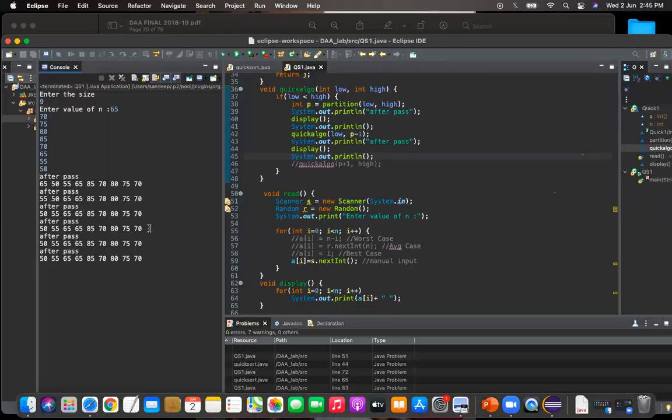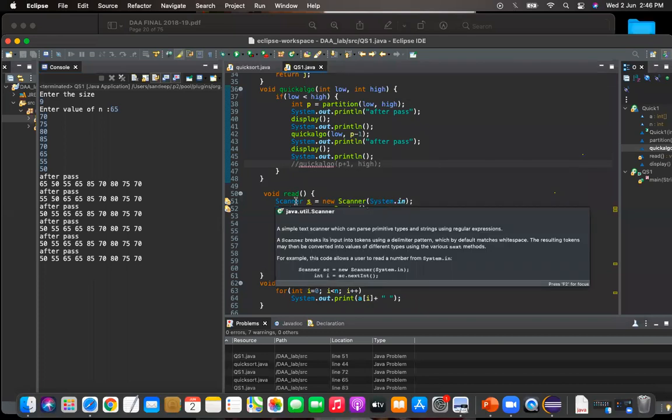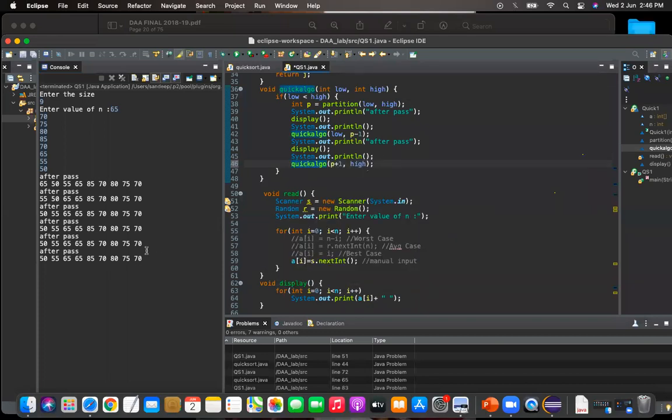Now I have executed the program. You can see first I have done the partition, so partition is over. Next, I have executed the program only for the left side array, and you can see up to here all the elements are sorted. So all the elements here are sorted. I have commented out the other call here. If you call quicksort here, it will sort the elements in the right part of the array. Is it clear? Quicksort algorithm.